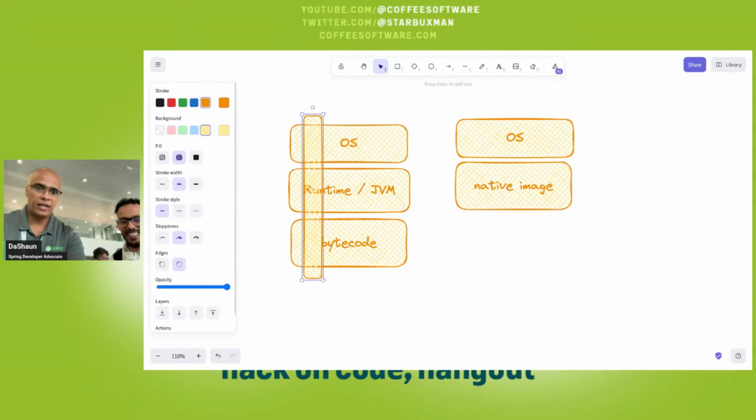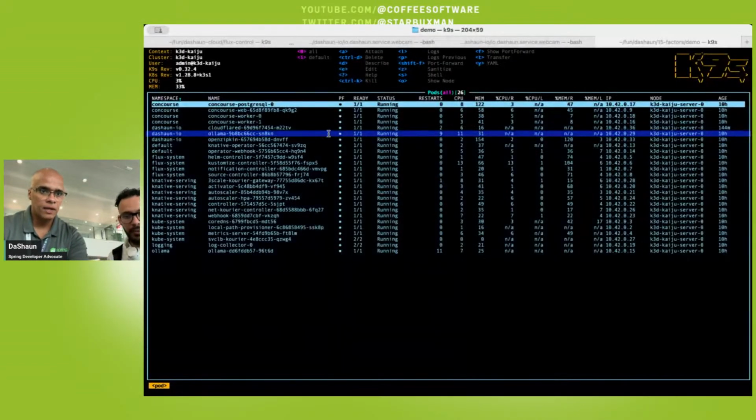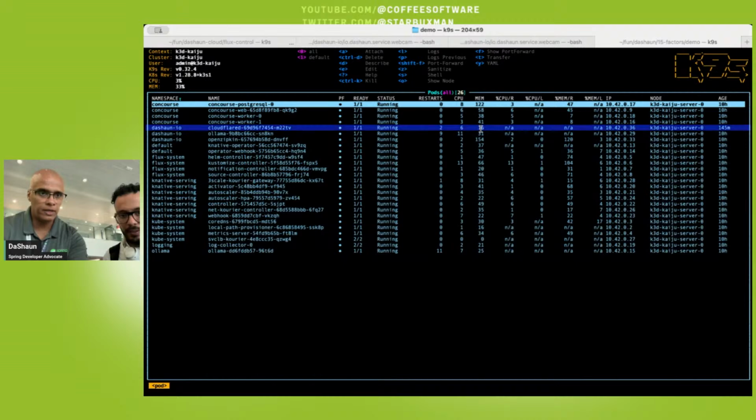Nice. So I can go back over here and go over to my laptop, right? If I stop this, then I go back to the memory here. Here's how much memory Zipkin is taking, 154, and Ollama is taking 31.